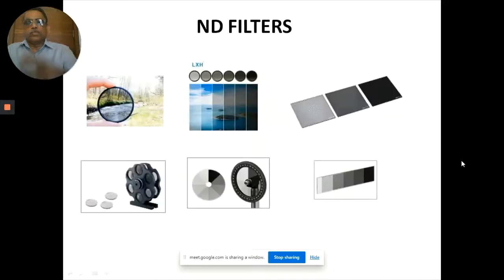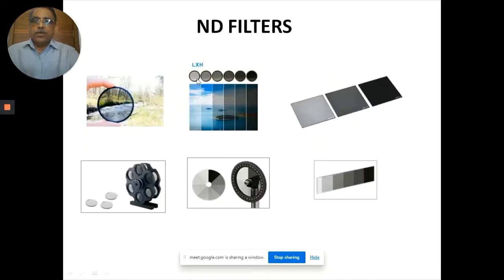So I was mentioning ND filters. Those who are experts in camera, or really photography persons, will see that you can have small circular filters in front of your camera. That is basically an ND filter. ND filters are available again in different geometry. It is available in circular geometry,